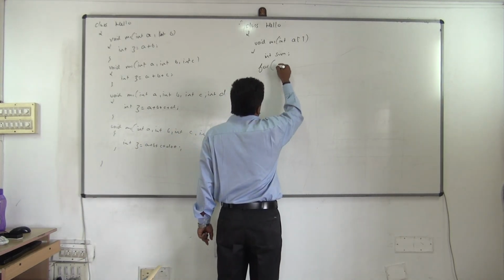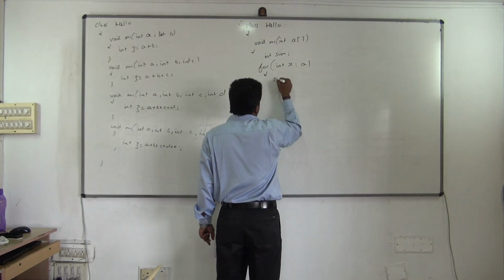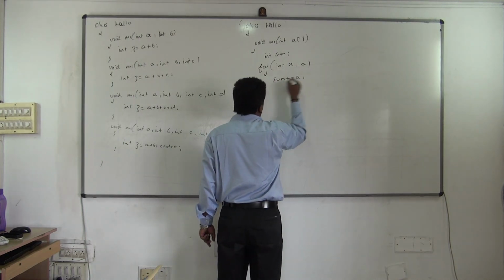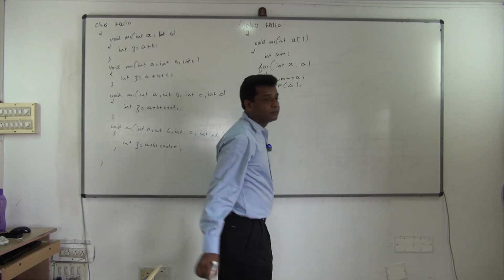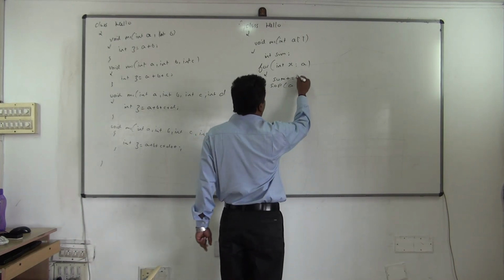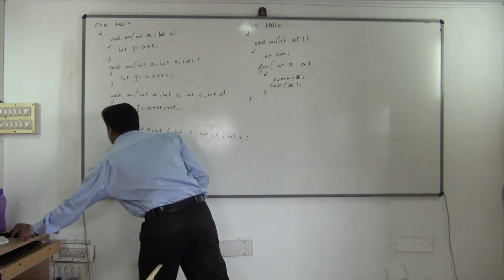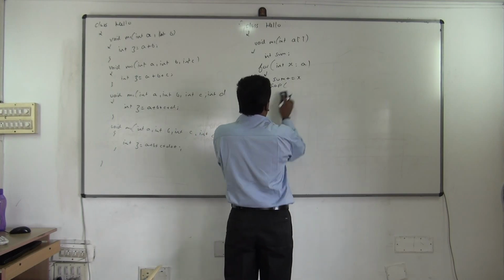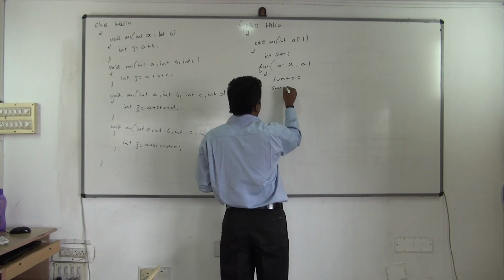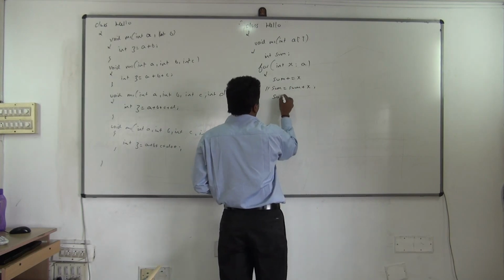So I can write int x colon a. sum plus is equal to x. SOP sum. Valid now? Yes or no? Sum plus is equal to x. Or if you are getting confused, you write in your old style: sum is equal to sum plus x. Both are correct. SOP